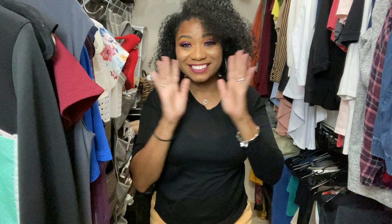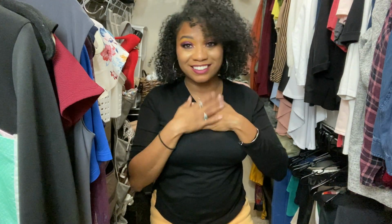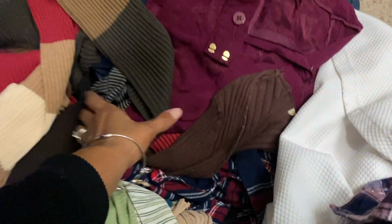All right guys, so this is my huge pile. I'm going to show it to you. These are all of the items that I am giving away. I will probably send it to Goodwill or one of the other clothing shelters that are near here where someone can use them,